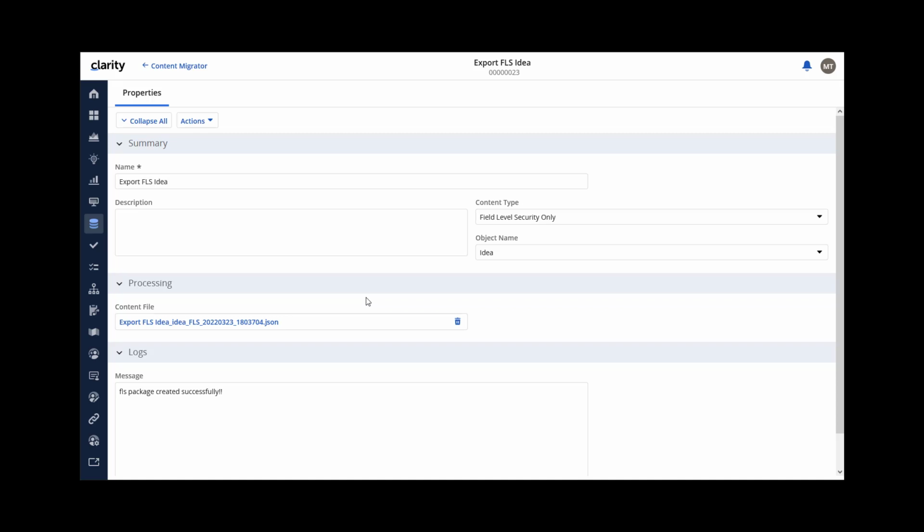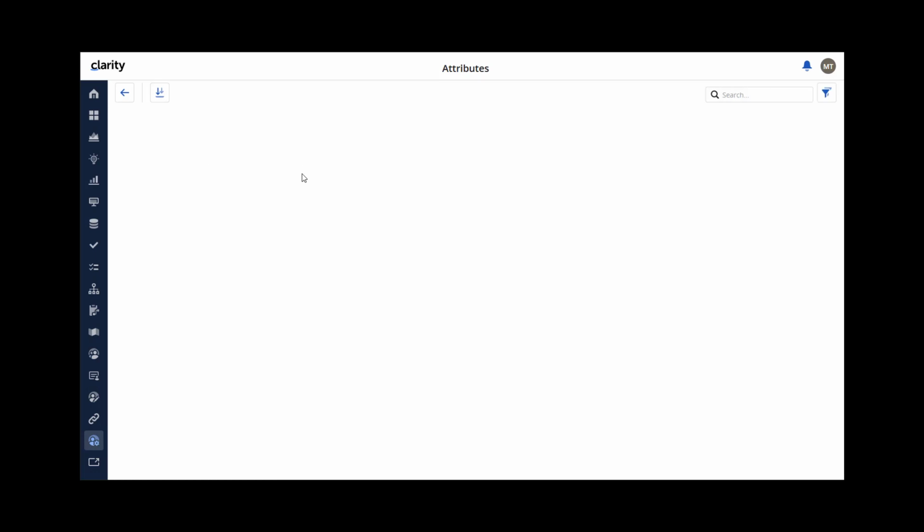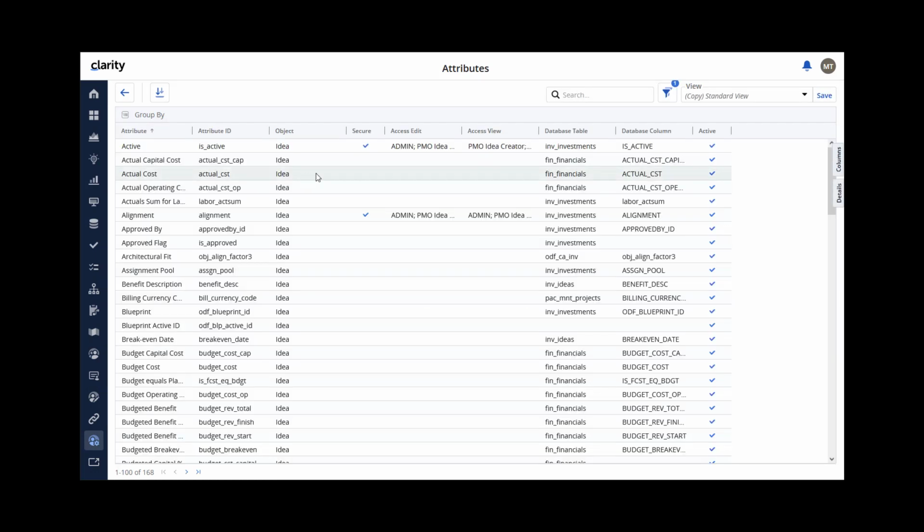Likewise, if I'm doing edits in a local environment and I make a mistake, or hypothetically the client or customer or the business decides I want to revert back to the field level security they had prior, you could just re-import that content package. So if I go down, look at my field level security for my idea object, and I have these currently set. If I remove them,